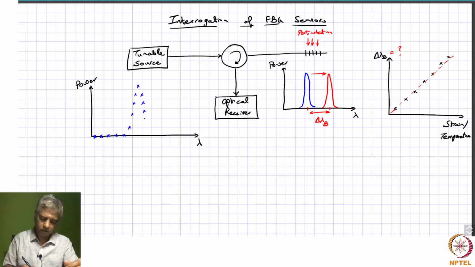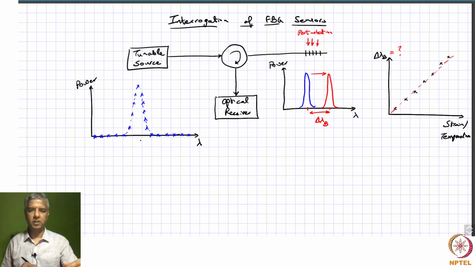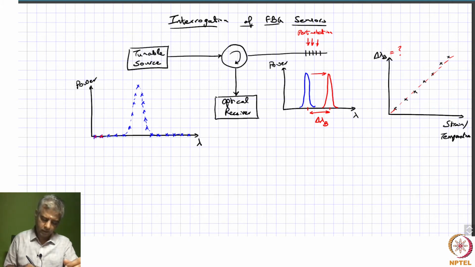Bragg wavelength of this fiber Bragg grating, in which case you will see some reflected power. So you can tune from one wavelength to another wavelength to another wavelength, and you are looking at the power received. So you can make up this spectrum through this sort of measurement. And of course, when there is a perturbation, these things do not change. You will have the same